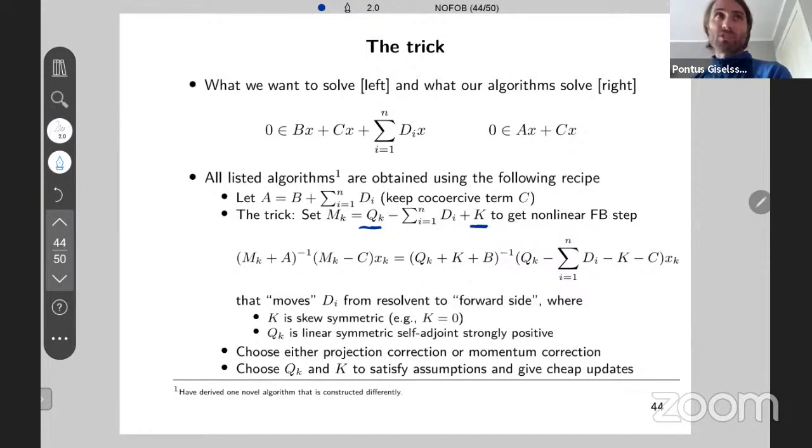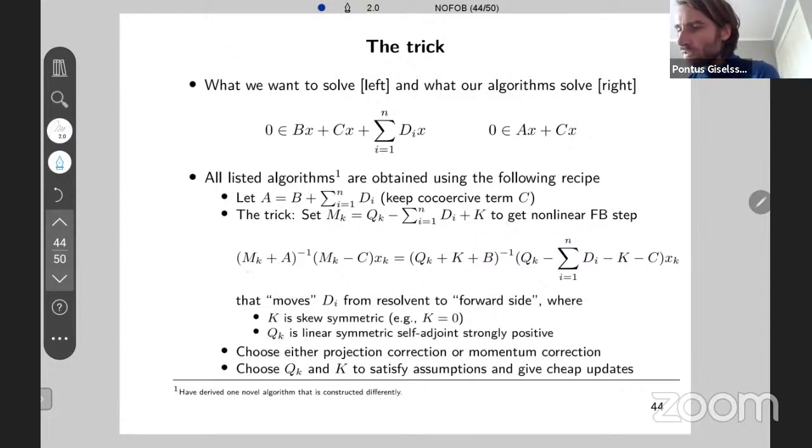And then we have an additional K, which is Q symmetric. For instance, K can be 0. So these two are chosen when you design the algorithm. But apart from that, we subtract all the Di's from MK. Since we subtract all these single valued Di's, we need to select QK so that the properties required for MK, such as monotonicity, are satisfied. Assuming we have selected QK and K so that the properties hold and we get cheap updates,